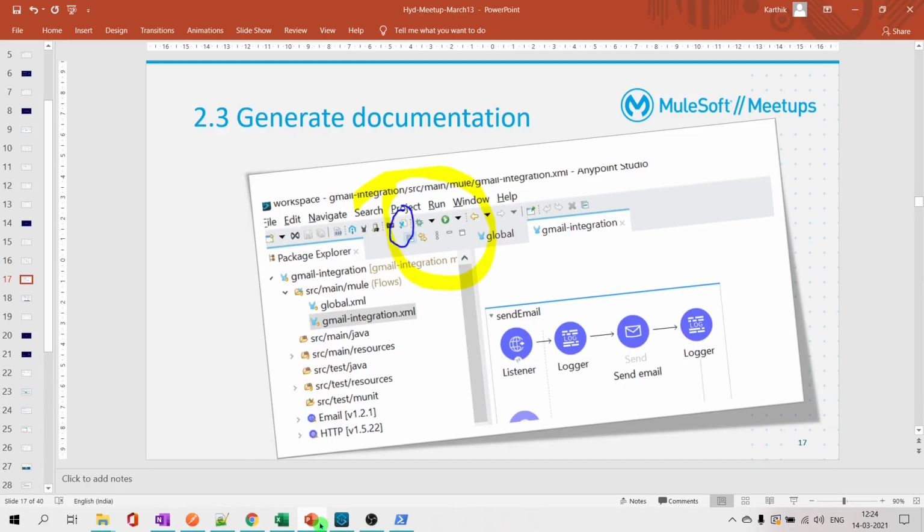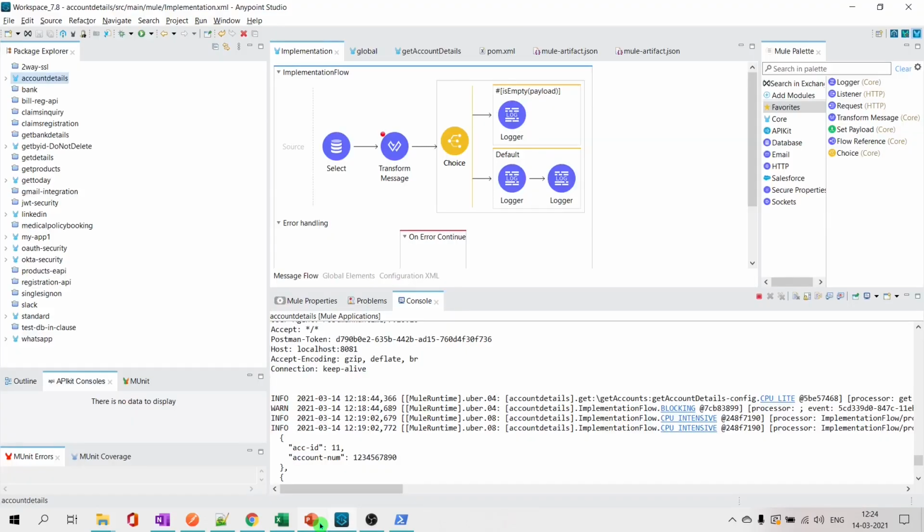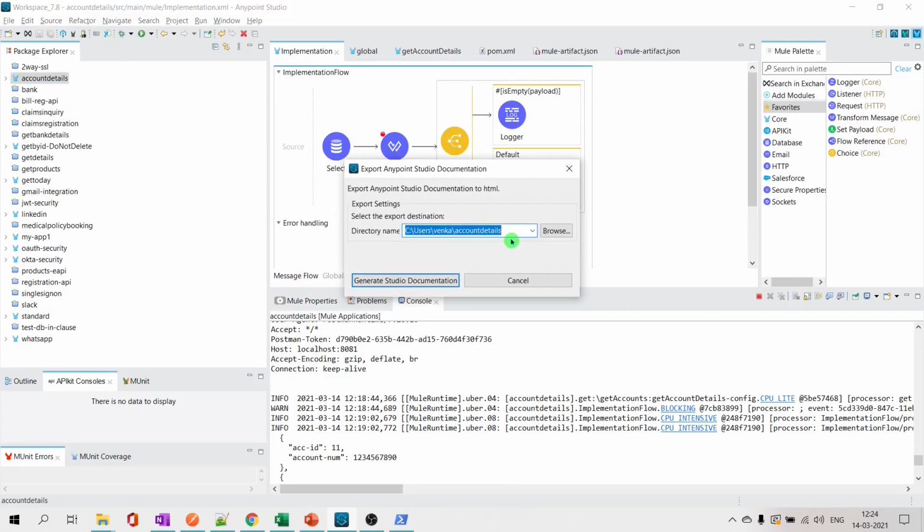Generate documentation. I'll show you how to do it, and then I'll tell you what it gives us and how to use that. Okay. If you see here, there is an icon with the Mule icon on a file. Click on this. It generates documents for your project.